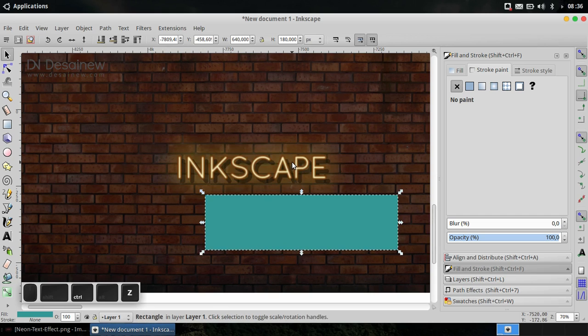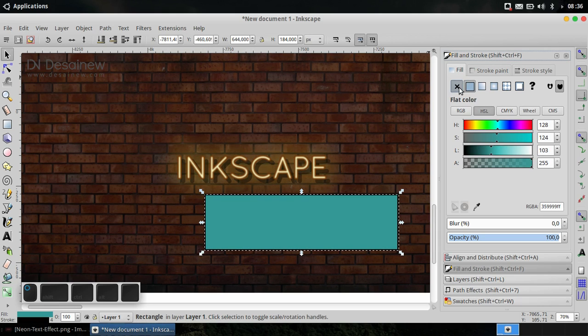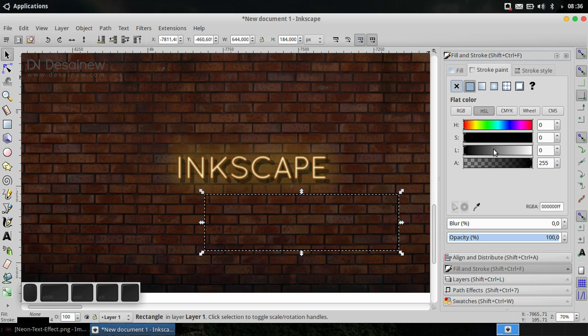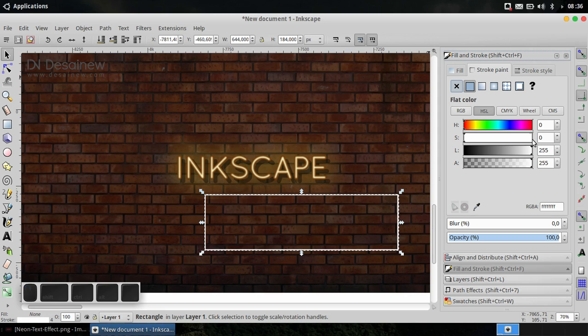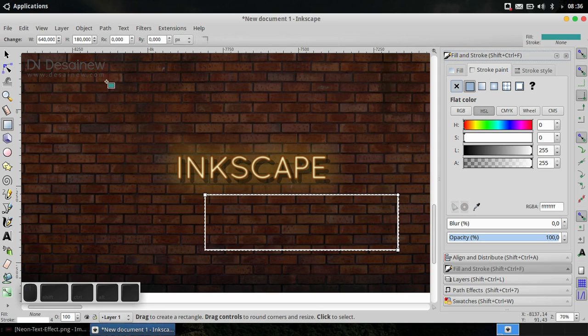Enable stroke paint and no fill. For stroke paint give a white color, and for the Ry section fill in number 90.